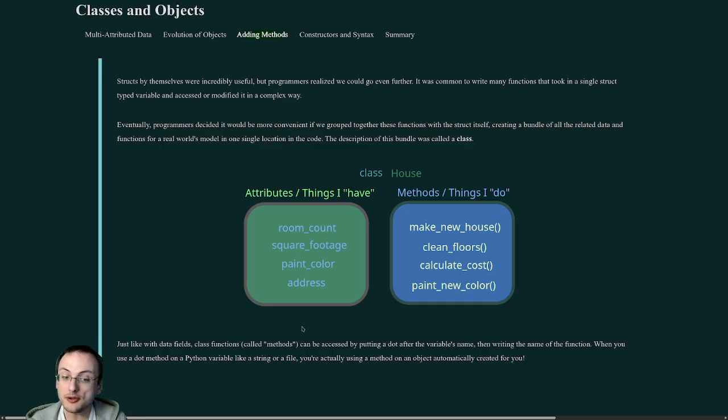So in order to use one of these methods, we do the exact same thing we did for our fields. We take the name of our object, say it was a house, that variable we created before, put a dot, and then put the name of the method, just like we were calling any other function. So if this sounds a little bit familiar to you, like you might have done that already, it's because you have. On a lot of programming languages like Python, there are several types of variables that sneakily create an object